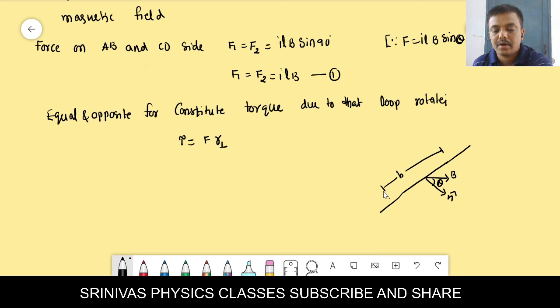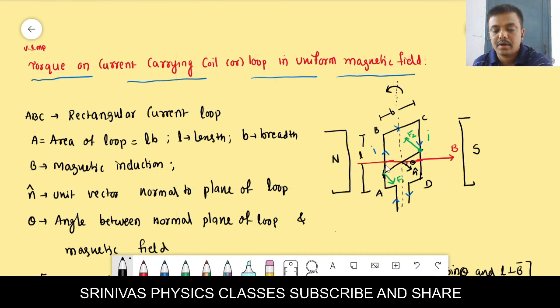You see here the breadth. This is the breadth. This point we can consider as P, and this point we can consider as Q. Here an inward force is acting. Inward we can take as the downward force, that is F1. Its formula is ILB. Here an outward force is acting, F2, that is also ILB. You see there are two forces on both ends of this line. Follow the cursor. This side F1 and this side F2, inward and outward.